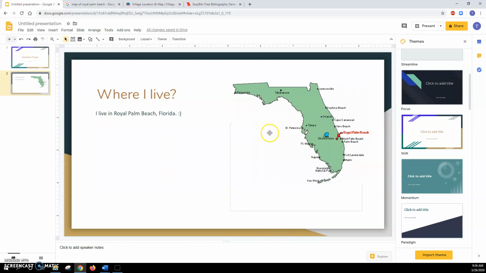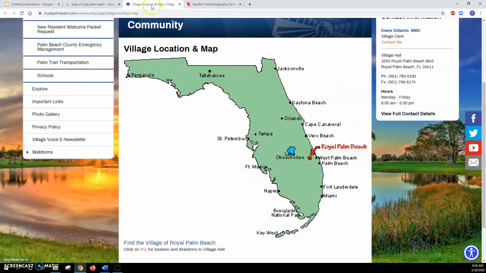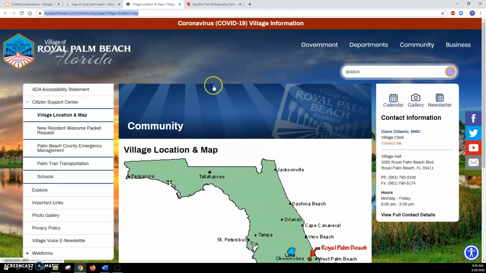Now you might be wondering, how do you cite on a PowerPoint? It's actually really, really easy. So what you would do is you would simply take the website that you used. Bear in mind that if you were going to use the same website but a different aspect of that website, like a different section,